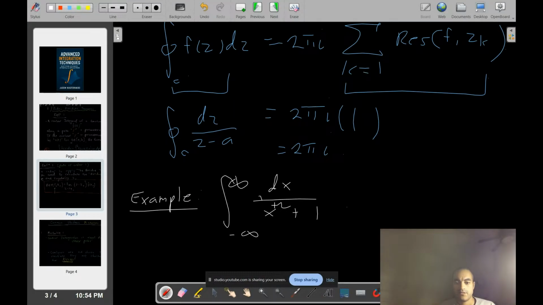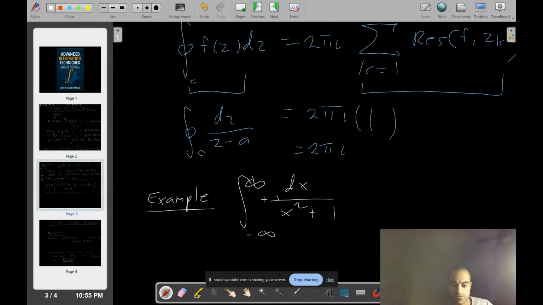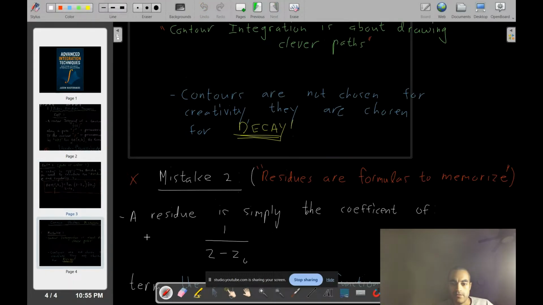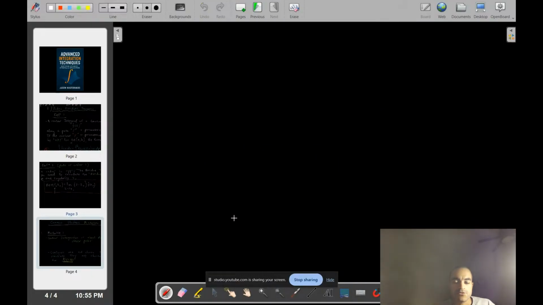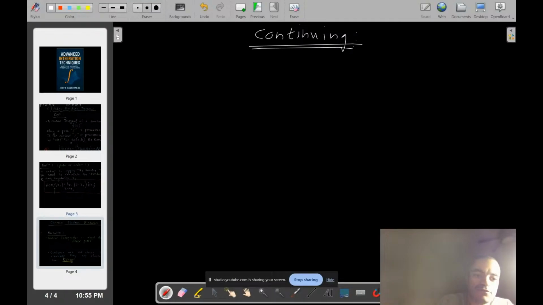So if we want to integrate this, right, all we have to do, you'll notice automatically I can do the following, right? Actually, I'm going to need more space for this. I'm going to have to go to another page here. Okay, so continuing. If I have to integrate from minus infinity to infinity of dx divided by x squared plus 1,